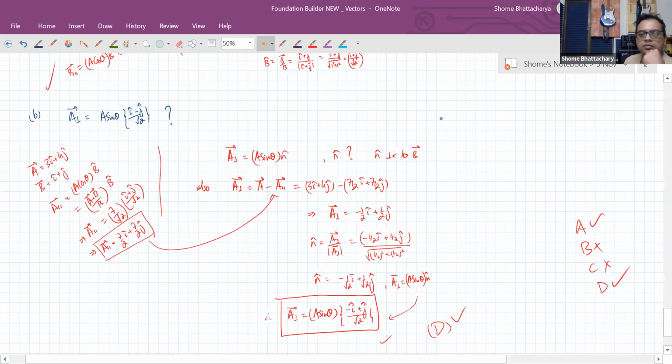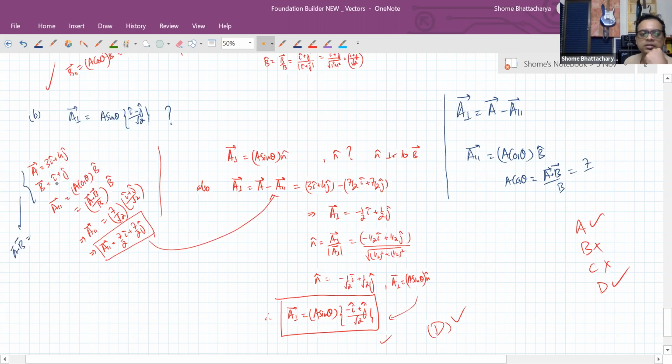So just see what we're doing here. The perpendicular component of the vector is the vector itself minus the parallel component. So what is the parallel component? We just saw it is this thing into b cap. So now we know A and B. So from that we found out A cos theta was A dot B divided by magnitude of B. So A dot B we just saw was 7. Just calculate the dot product of these two. You can see that A dot B here is 3 into 1 plus 4 into 1, so it is 7. And just calculate the magnitude of the vector B. You can see it is root 2.